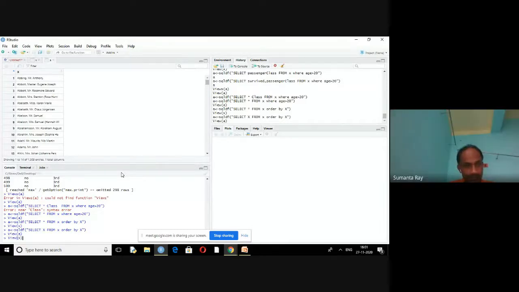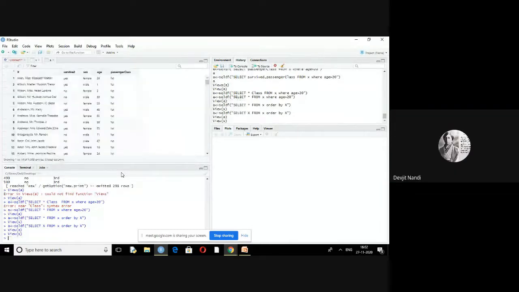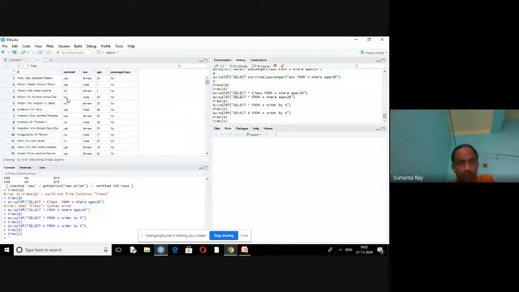To see the data set, here the survived list is yes, yes, no, no, like this. So these are the different values. First yes will come, then yes, then no, then no. So that is not grouped. Grouped means I just want to group these together.